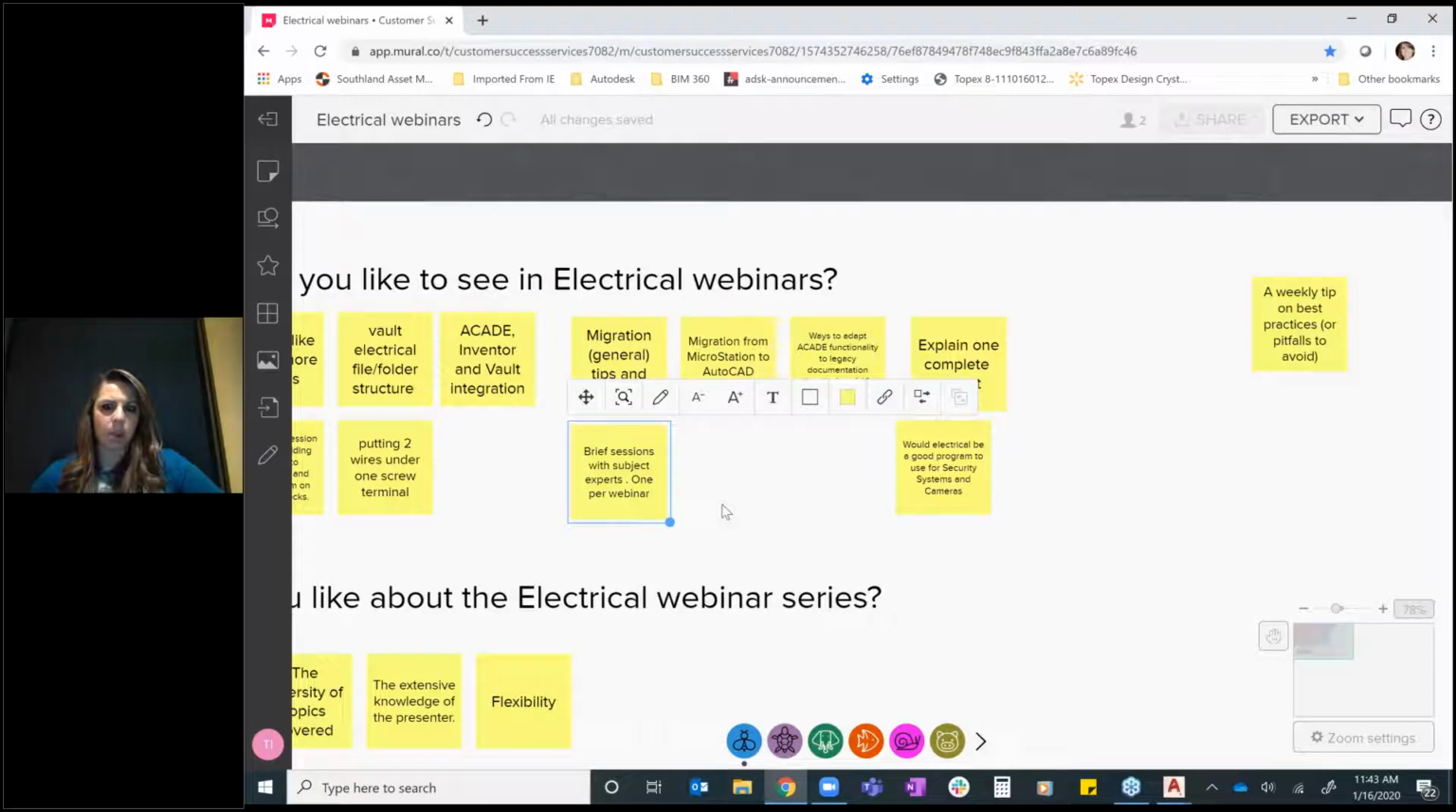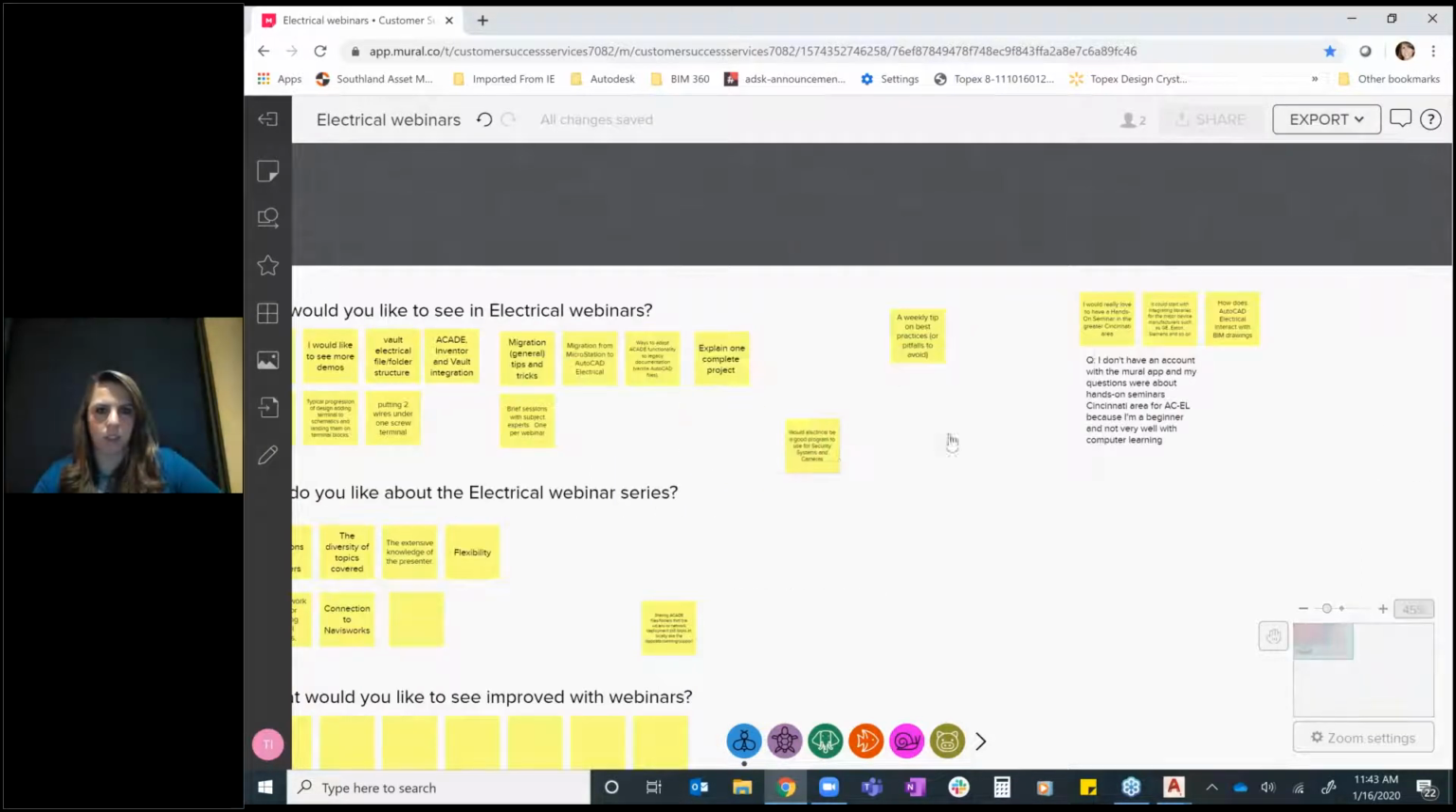Would electrical be a good program to use for security systems and cameras? Great question. Again, this is not really a webinar topic. This is more of just good questions for right now. So I will tell you that falls into the BIM idea of things. That's really much more about layouts and designs for security systems and cameras, much like fixture design and switch plate design and outlet designs are in the reflected ceiling plans that we do in architectural